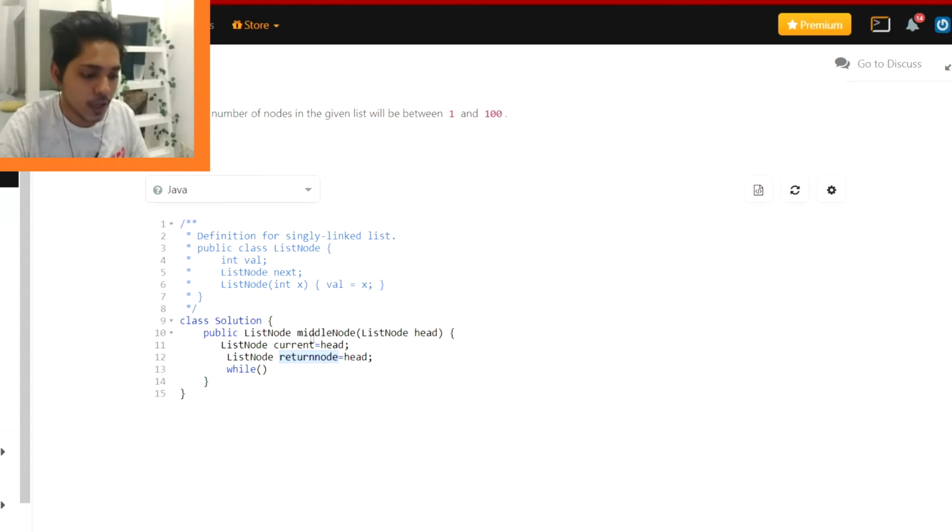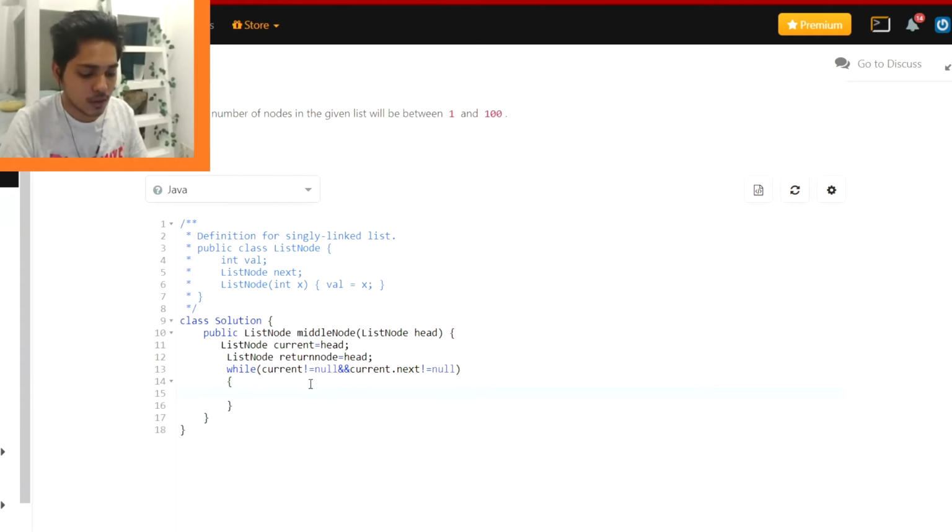Okay, and we need to go till current is not equal to null, or let's say, till current.next is not equal to null. Because for current we are going to do double jumps, that is why we have taken current.next is not equal to null.